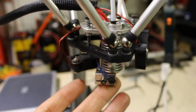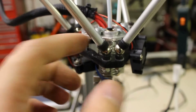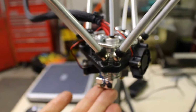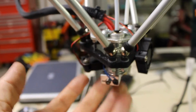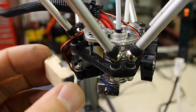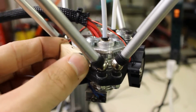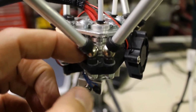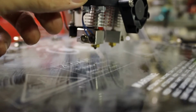Now there's actually a neat thing we can do with this spring-loaded mechanism here, and that is to actually use a block to lift up one of the heads if you're only going to print with one. So when I do that and put it down on the build plate, you can see that